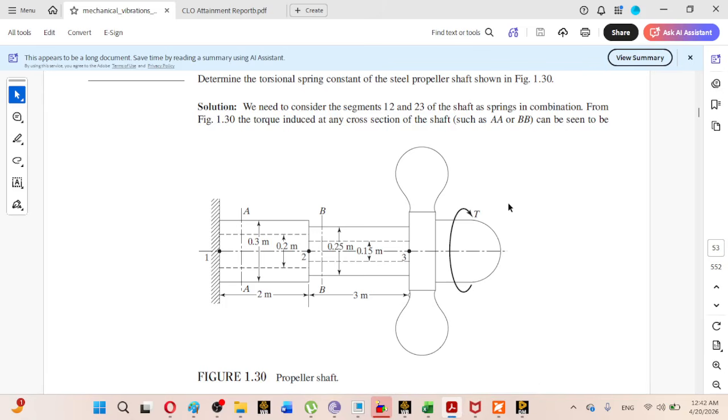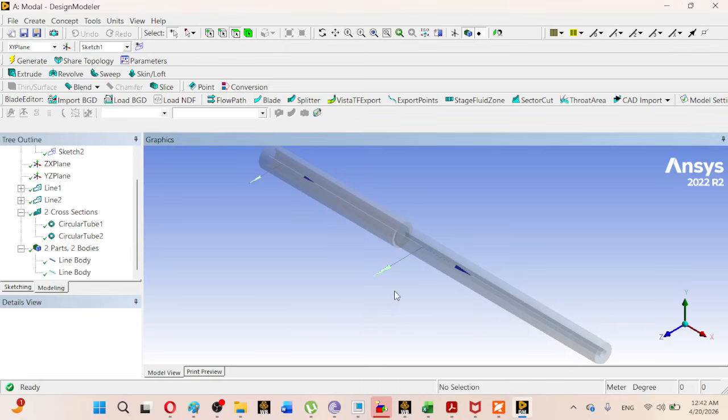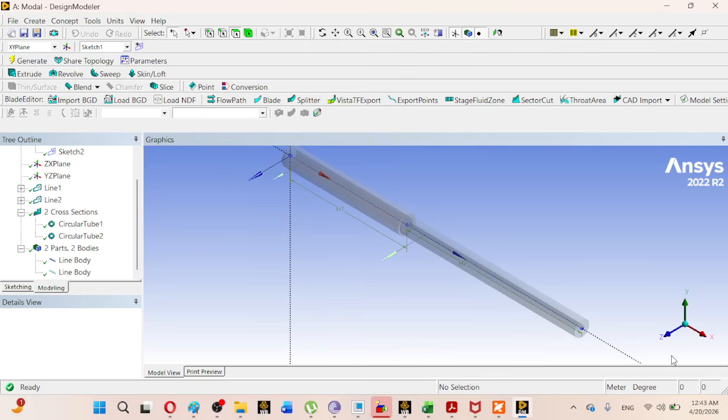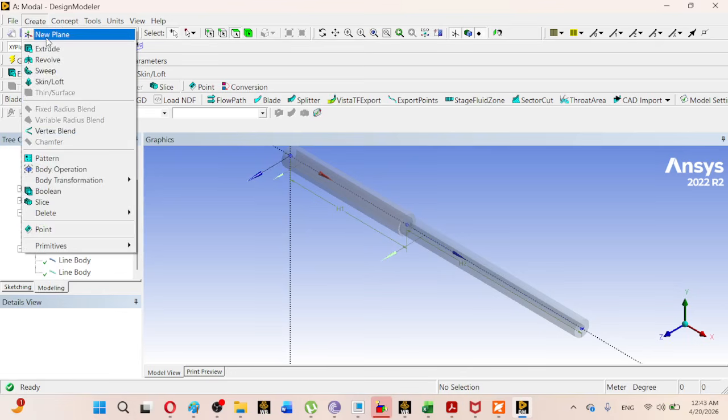Just for the purpose of visualization, we can create that rigid disc as a solid disc. For example, what we can do, we will first of all be setting a plane parallel to this YZ plane. So first create a new plane here